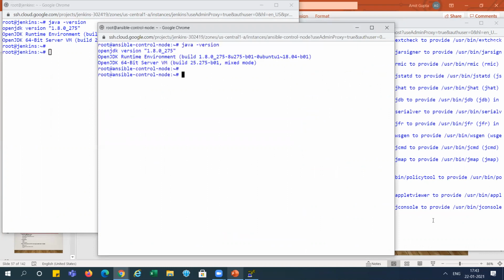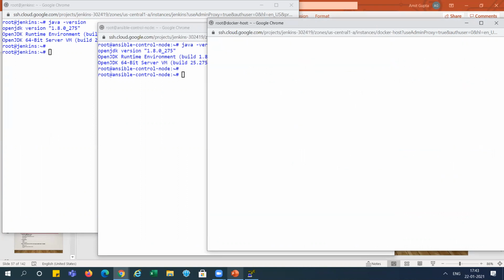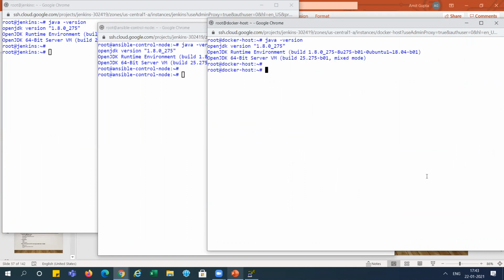Java version, right? You can see the Java version, right?